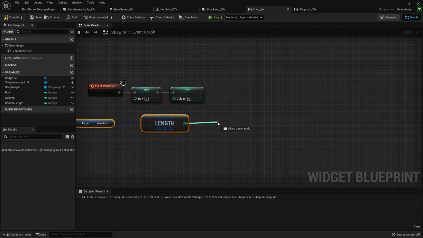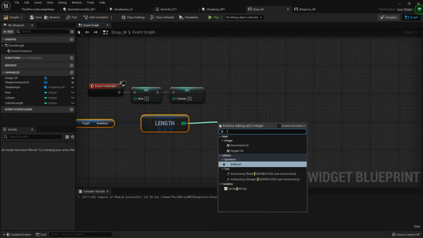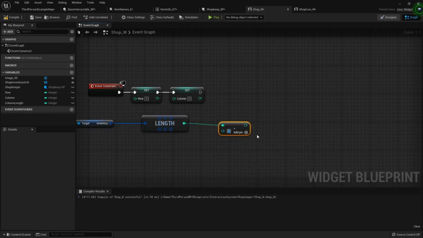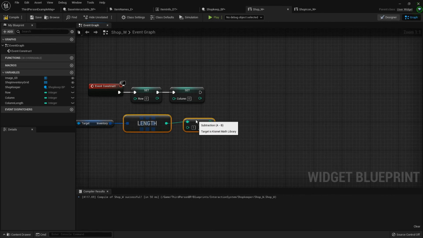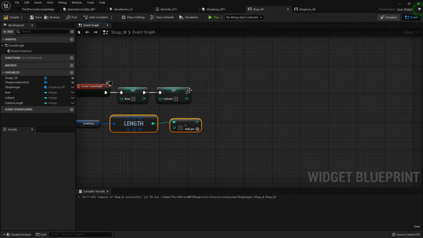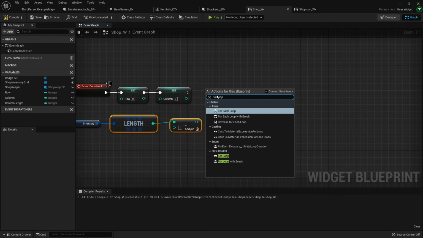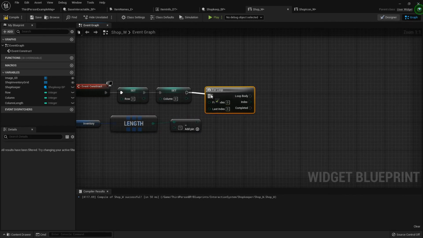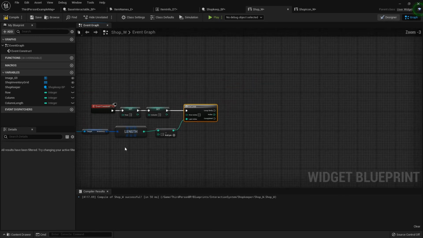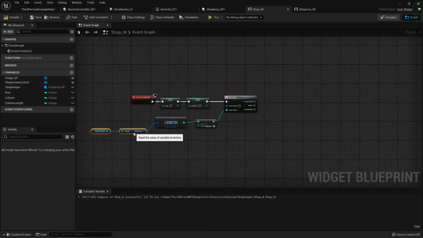From this return integer, which tells us how many items are in it, I'm going to drag off and subtract 1. Because if you remember, arrays start at 0, but the length measurement starts at 1. So the length is always going to be 1 higher than the actual numbered items inside the array. Now after we set the column to 0, I want to do a for loop. Plug that right in, and for the last index, that will be the last item of our array. So I'm going to drag this down,